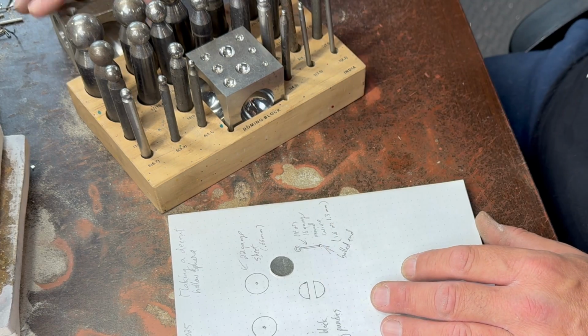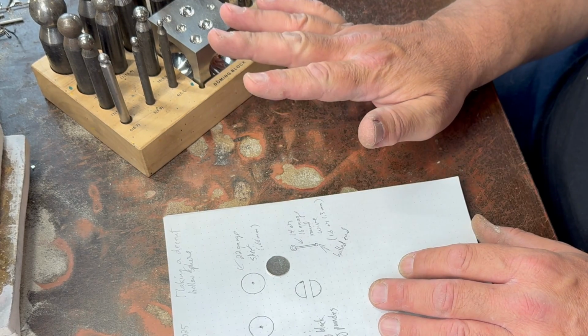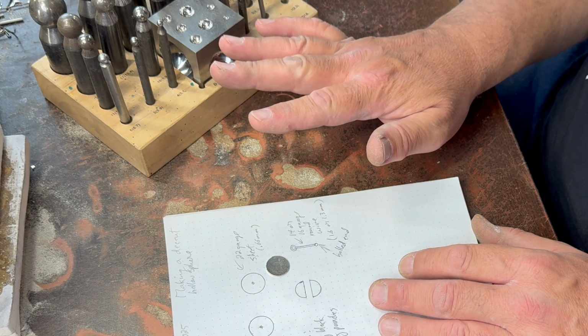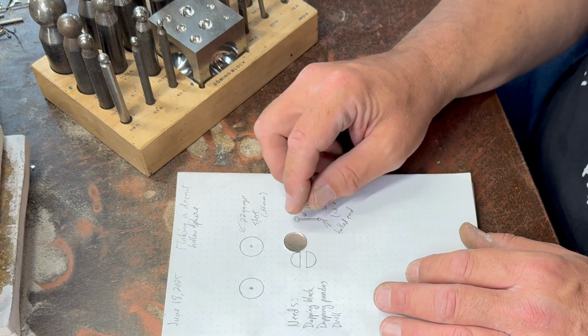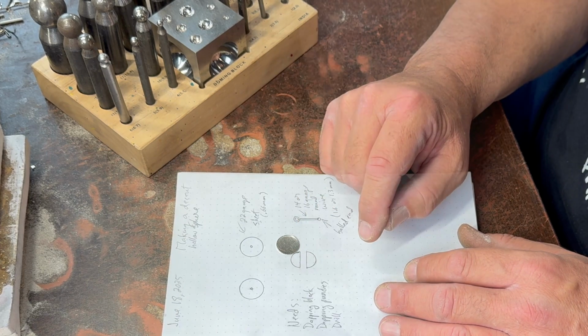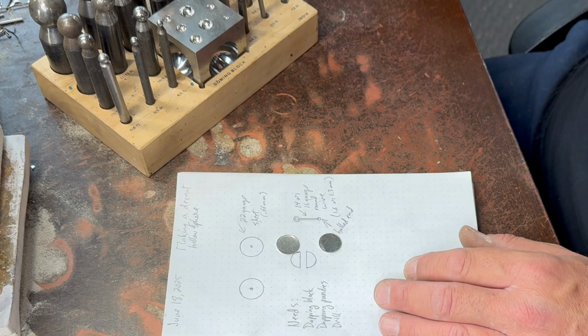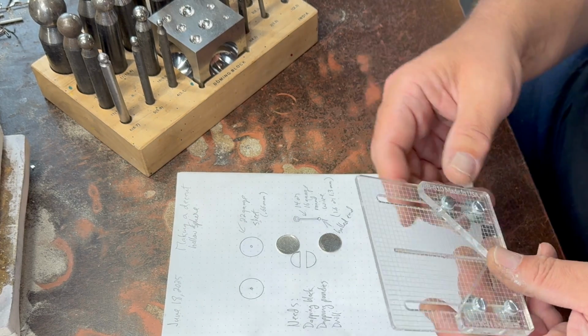From what I understand, if you're just doing the one thing and you're not going to solder anything else to it, it'll be fine. I haven't tested that. So I would just be super careful, but definitely if you're going to solder things together, make sure there's a hole in it somewhere. We need to find the center of these 2 discs, and then we will